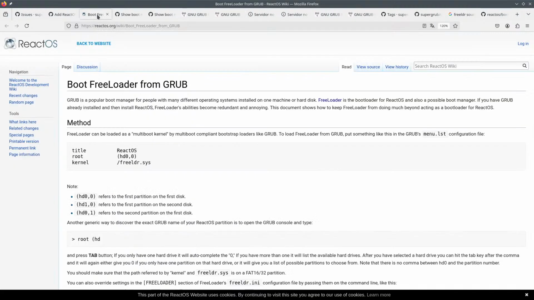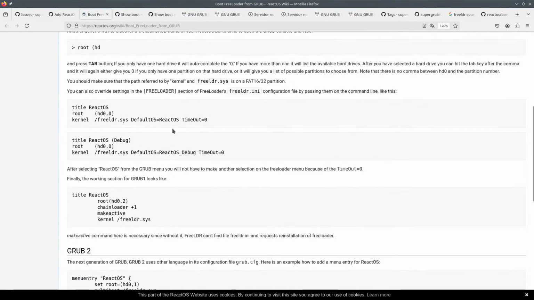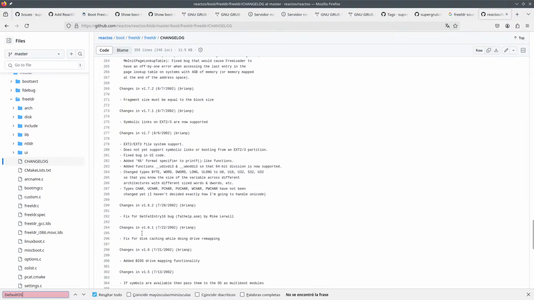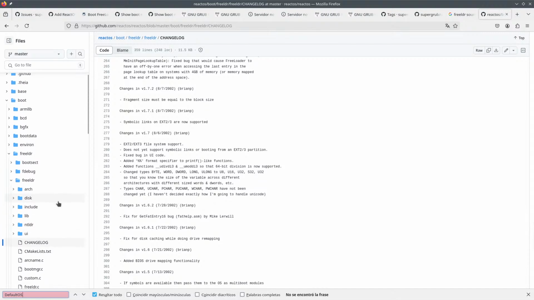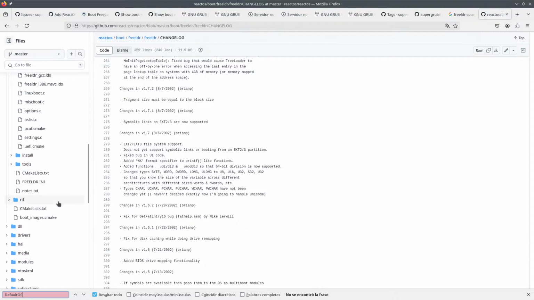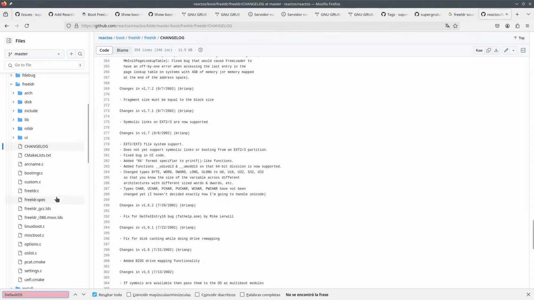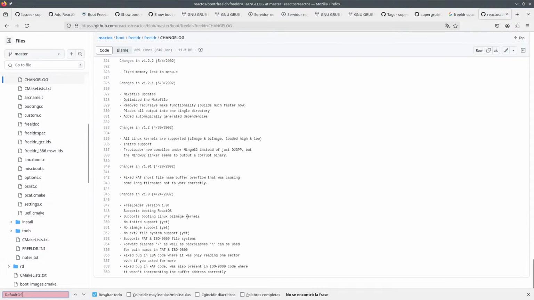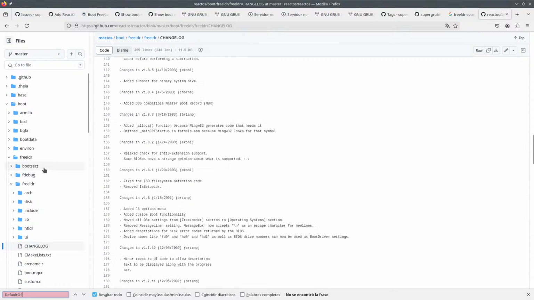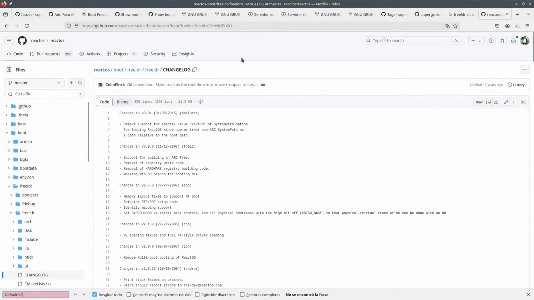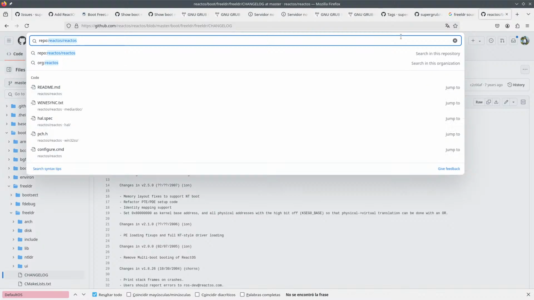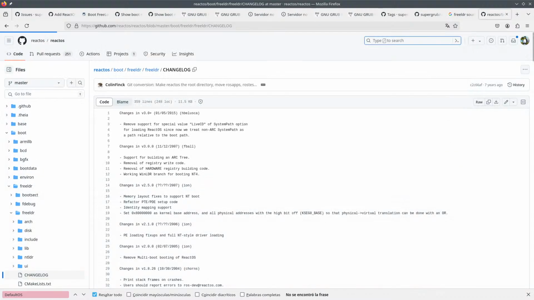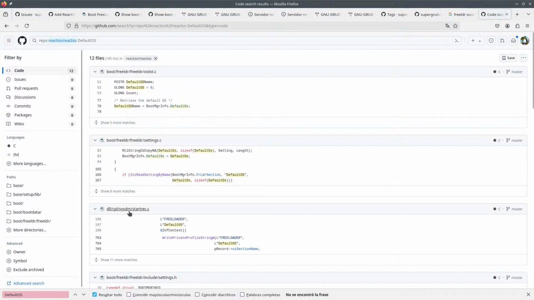let's take a look real quick at this thing, default OS, just in case it's documented in the changelog or something. So I think that this was an old code somewhere, and it's no longer the case, and that's why we don't find any of this default OS. Let's see what's about default OS.